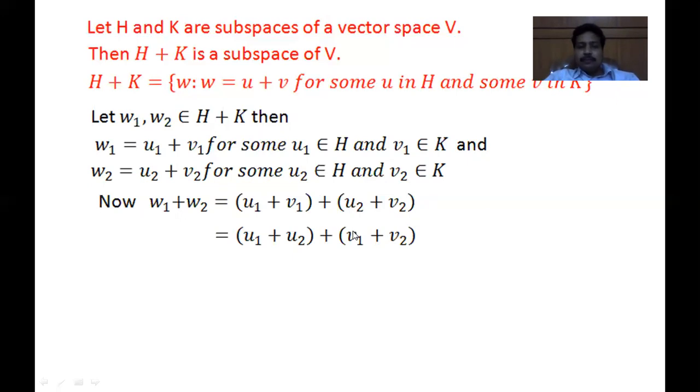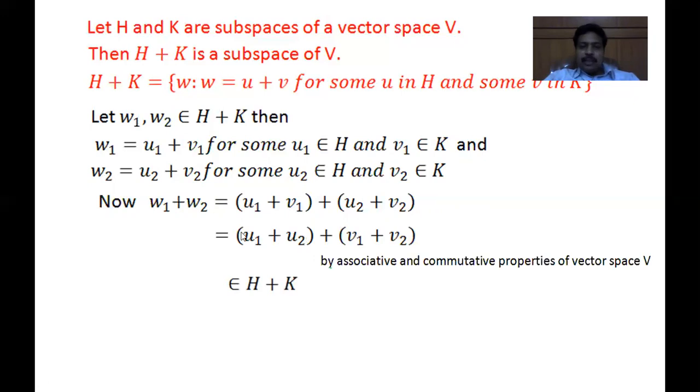So now this is from H and this is from K. U1 plus U2 belongs to H, since U1 belongs to H and U2 belongs to H, these two belong to H and these two belong to K. So the first element is from H and the second element is from K. So from our definition, W1 plus W2 belongs to